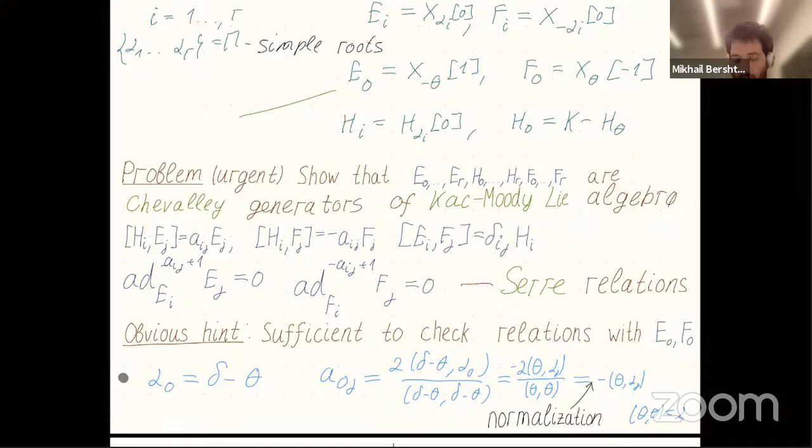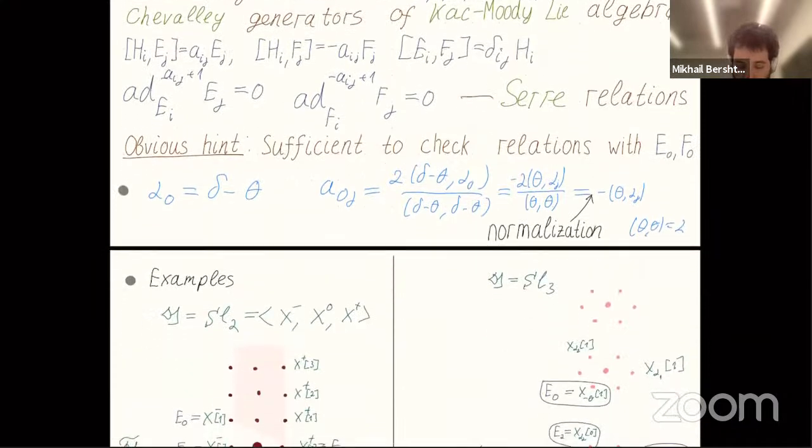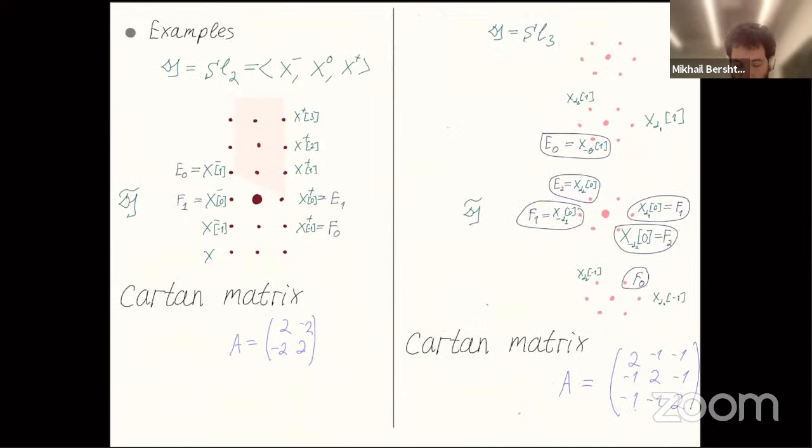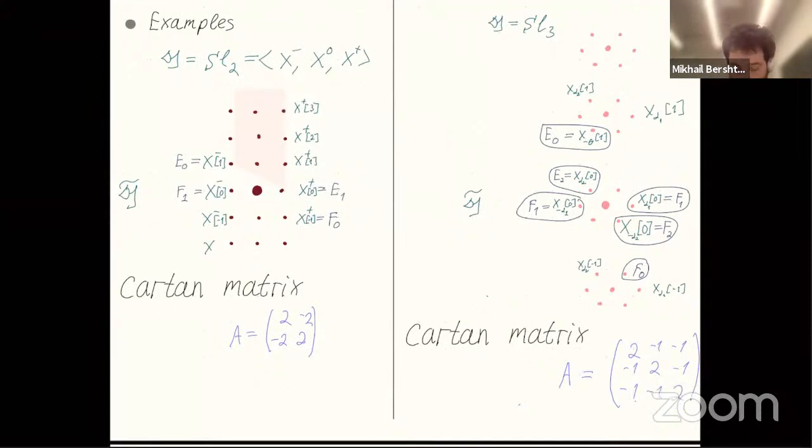It is sufficient to restrict to the simply laced case. So this is another presentation of the affine Lie algebra in terms of the Chevalley generators. Here are our two examples. These are my slides from the last time, but somehow improved. I want them to look better.